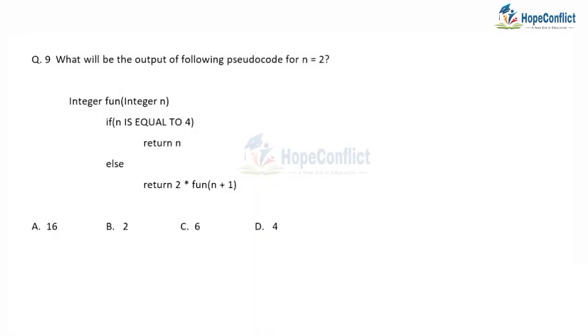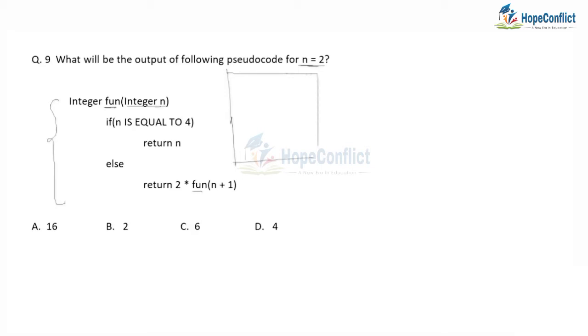We are given this pseudocode in which there is this function fun which has a parameter as integer n, and we are making the recursive function calls to this function fun in this pseudocode. So obviously we have to draw these function frames now. Whenever such kind of recursive function calls are made, it is always good to draw these kind of function frames.